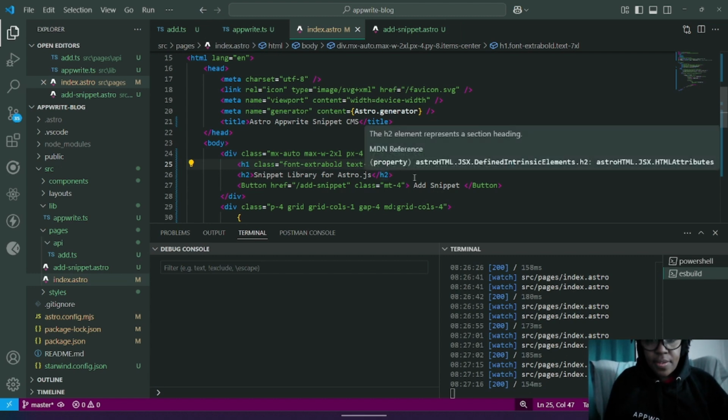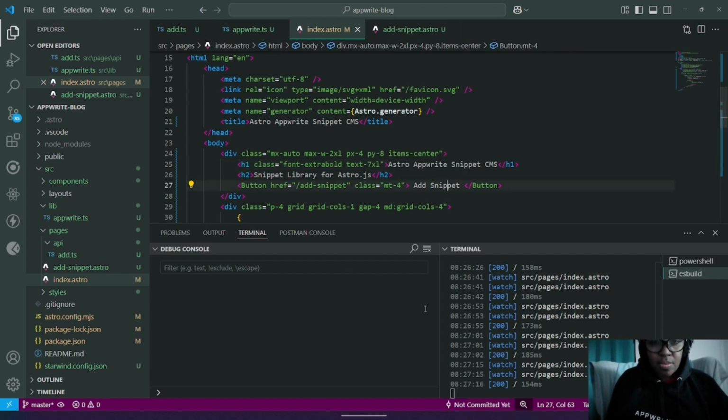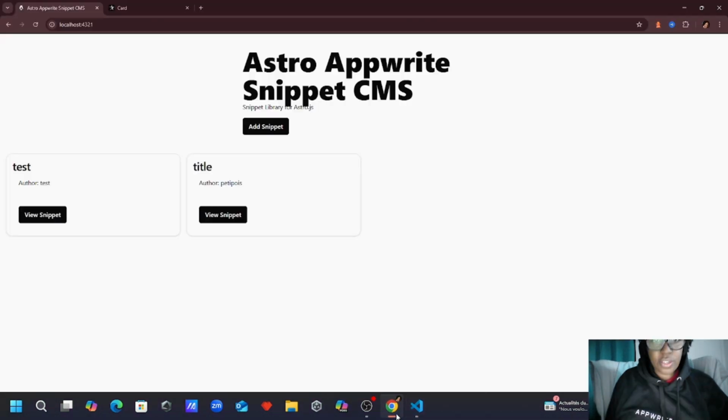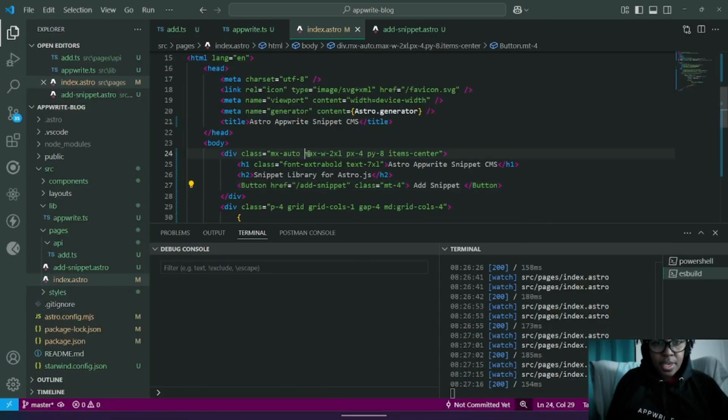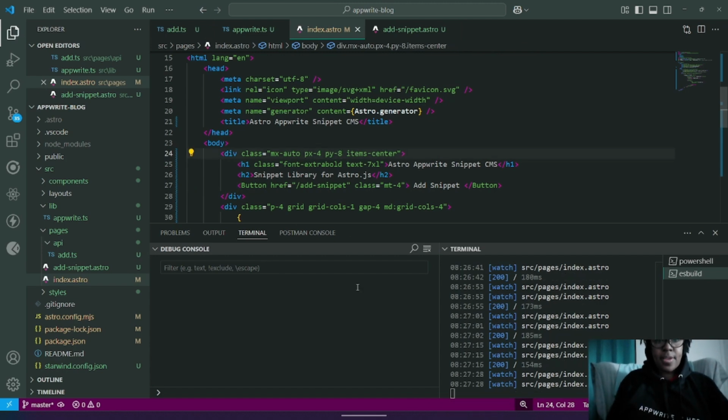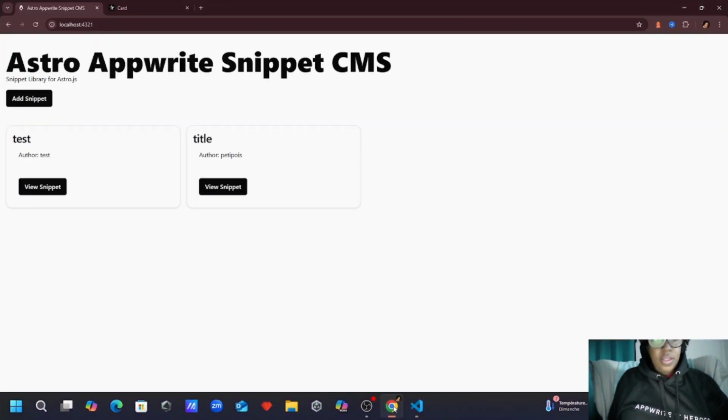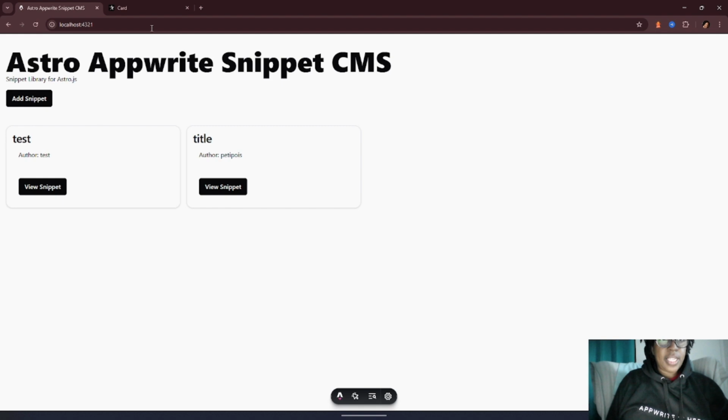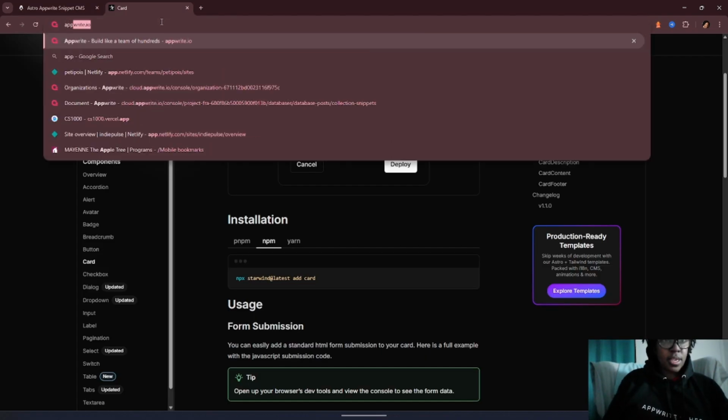So I've changed my home page to, we're not going to have a max width. We're going to have, okay, there we go. So this is the snippet library, and these are coming from my Appwrite